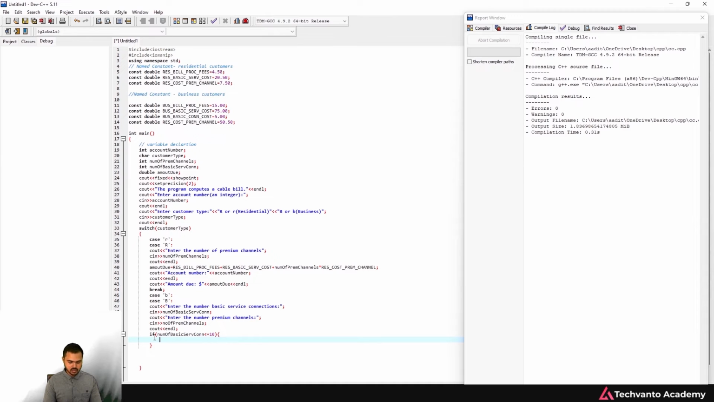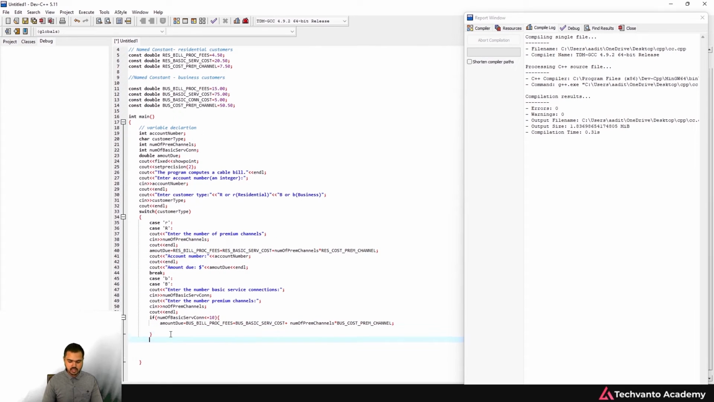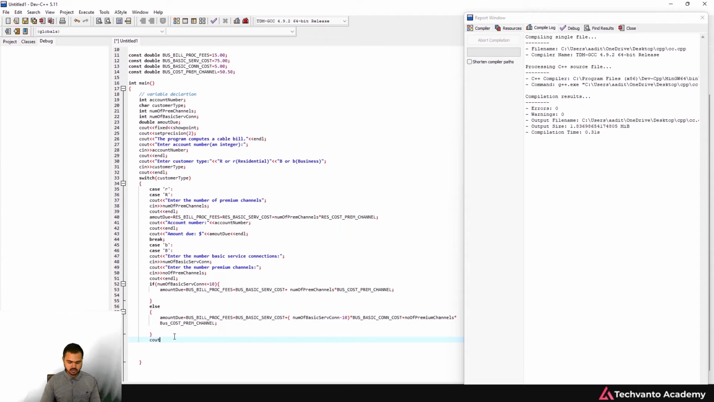Now you can apply this formula, the amount due that you are going to be calculating. Just remember this formula that we are going to be applying here, the residential bill processing and the residential basic service cost for the residential customer. Okay, for the business customer data type, we are going to be using the business customer. Yeah, it's fine. Now coming to the else part, this is the formula for the amount due. So you can calculate the else part, so you can calculate the amount due as well. It's fine. Cout,